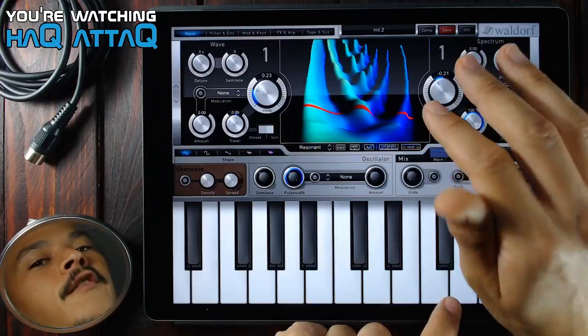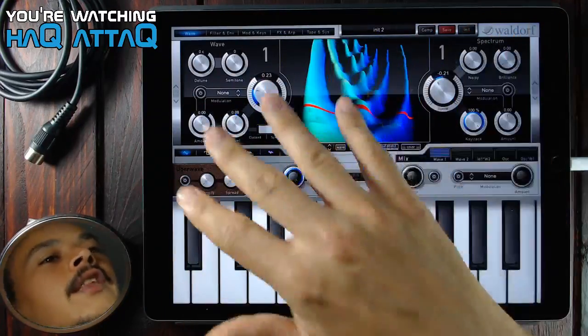But I like working from the modulation matrix and have nothing else in this window because I'm